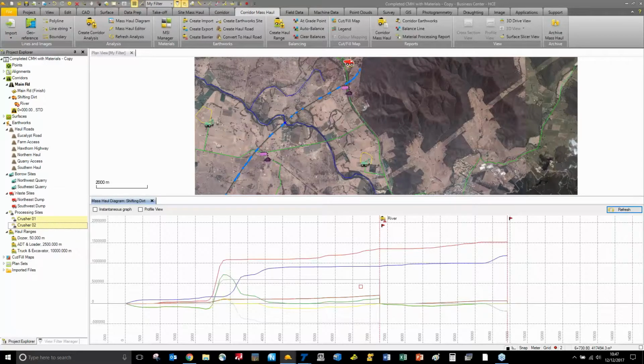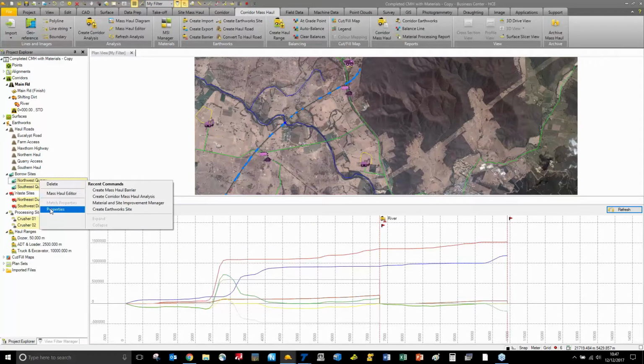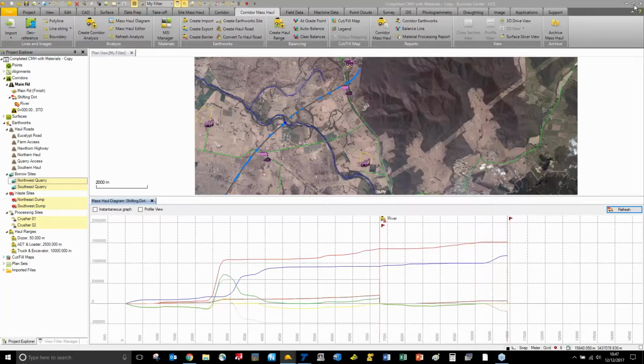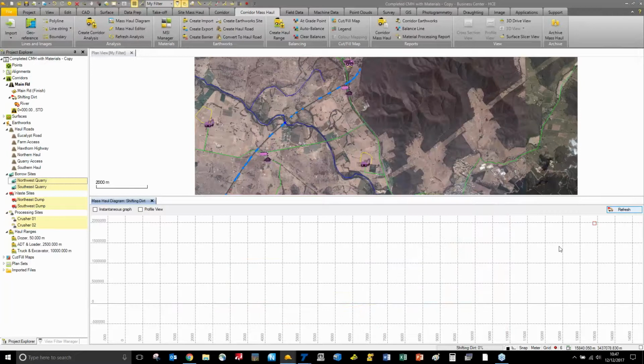So if we had good material to move around the job, the haul roads would be used to ship material from location A to location B. In this case, the software isn't picking up any useful material to move. So if I turn on my quarries, dump sites, and also the rock processing sites, and refresh the mass haul calculations,